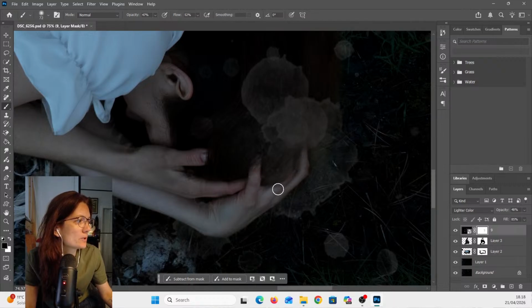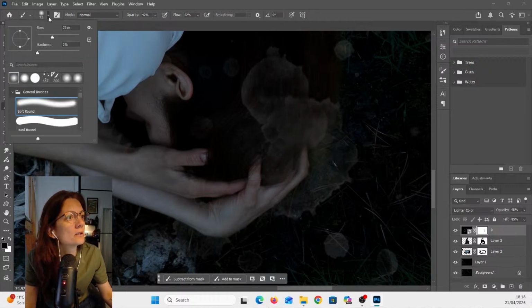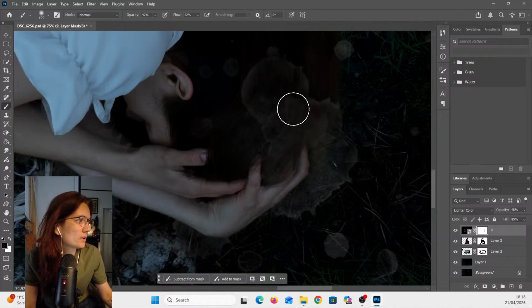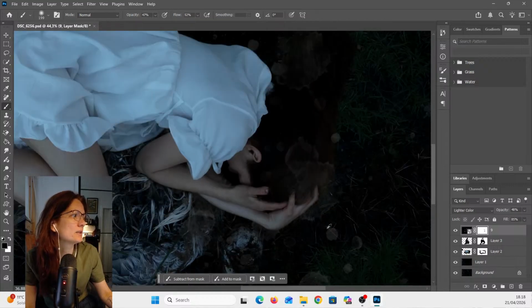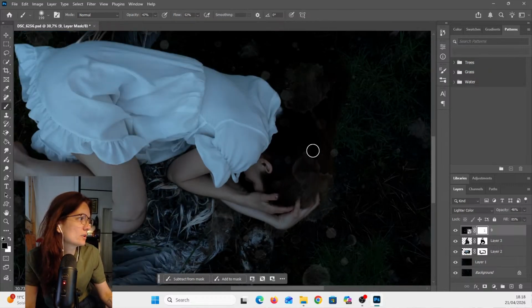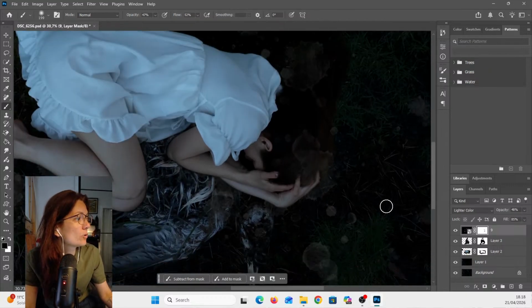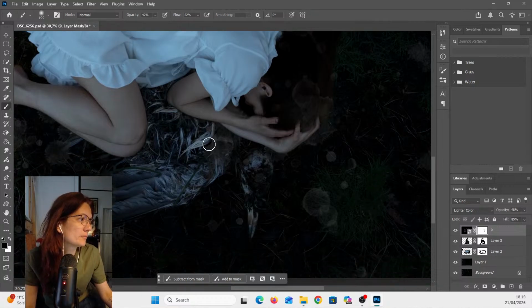But just remember that later you might want to make it a little bit more defined, so it doesn't look overly tacky. So we just took a little bit less, a little bit more on the, let's say, the paint splash